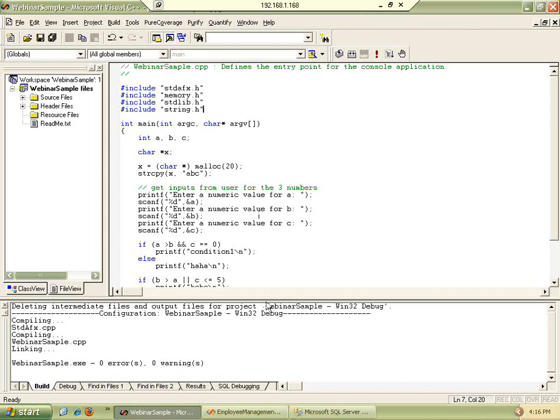Okay. The first thing that I want to show is memory leaks. How memory can be leaked in C or C++ programs. Please look at this program. I assume that most of the people or all the people who attend this webinar know C language to some extent, because this is a fundamental thing in every college or any course. If you look carefully, first thing I'm going to show about white box testing is a memory leak.